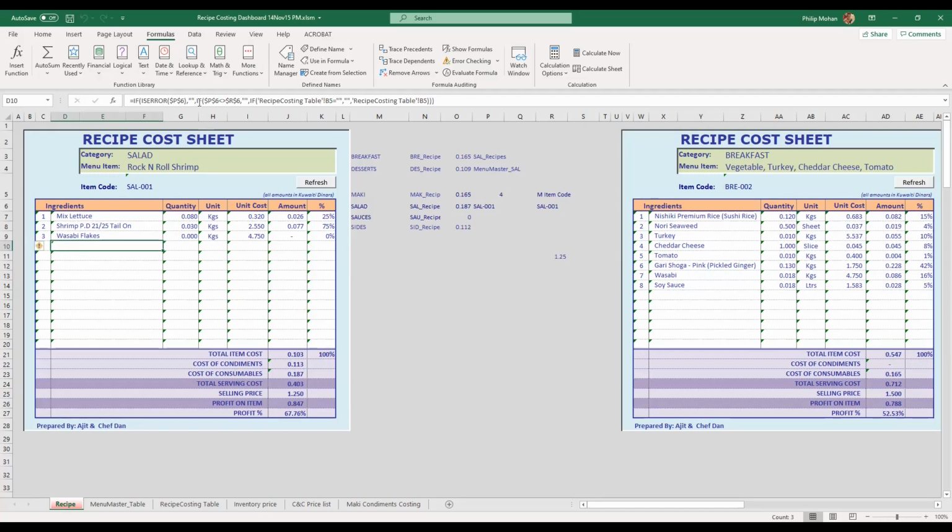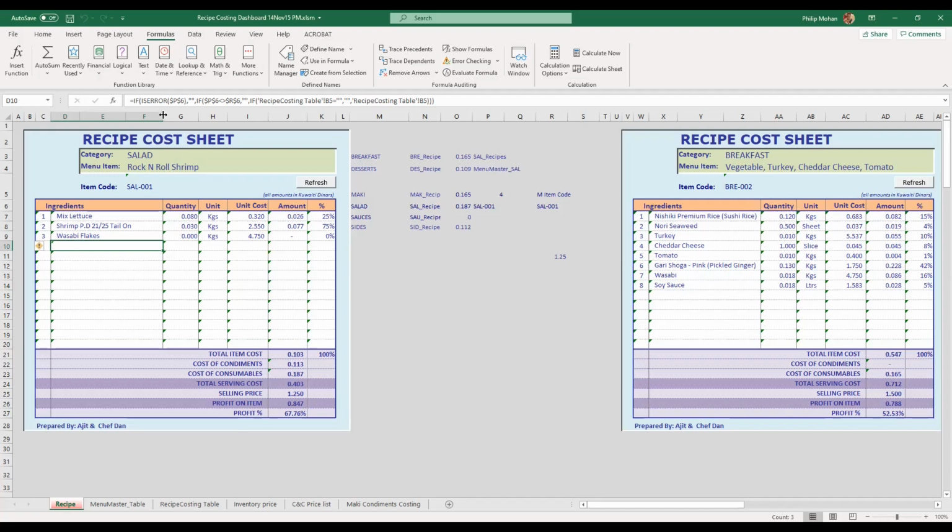Like that, we have a lot of cleaning up elements in the formula. You notice here, this is a cleanup element, and this is a cleanup element. Wherever I put double quotation marks close together, I'm saying that under certain conditions, don't put anything in that space, just keep it blank. That's a good way of avoiding errors. If I didn't have these, it would give an error here because it wouldn't find wasabi or whatever. After 3, it'll run out of recipe items.